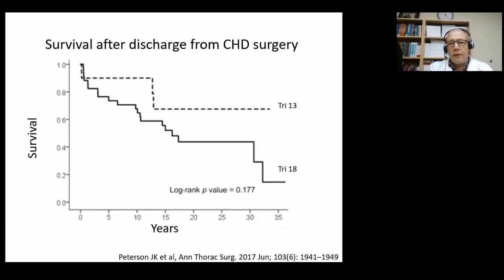And the survival numbers are even better for trisomy 13, although it's a much smaller number of patients, and so that's why the line looks a little bit more chunky. But I think these numbers are quite a surprise. And when we shared this data with doctors and nurses at my institution, that's, I think, when the light began to go on for us